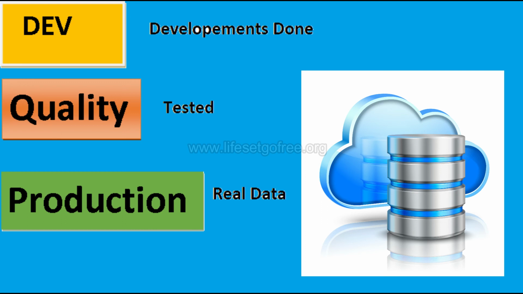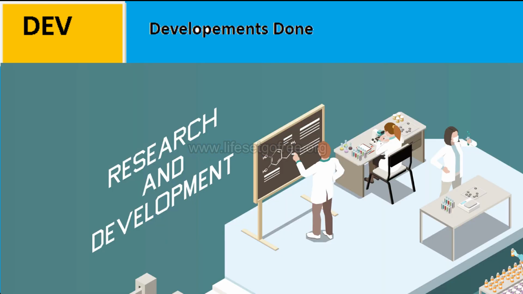Ideally there will be 3 system landscapes. Okay, the system landscape consists of a development server, a production server, and a quality server. So when you log on to SAP, you will understand. First, as an applications developer, SAP developer programmer, you will do all your developments in the